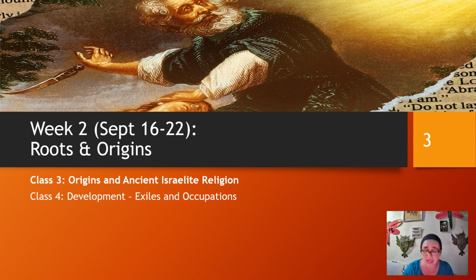Now, in class 4 next Tuesday, we'll be getting into history that we actually have evidence for, archaeological evidence and other forms of evidence other than the Bible, with more detail, more evidence, and we'll actually start to move into what we consider to be sort of recorded, accurate history by class 4. But today, it's all very nebulous.